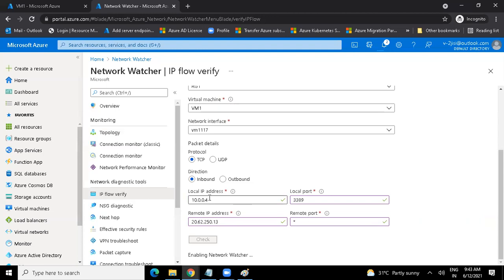Now, instead of taking the RDP of VM number 1, if I'm trying to access VM number 1 as a web server, I will say I'm trying to hit local port 80, or local port 443. If it's a SQL server, a database server, maybe I can say I'm trying to access a database server on port 1433. That's how we would be able to do it. So it's already checking whether the port is open or not. Absolutely. It is checking whether IP would be able to flow till the VM number 1 private IP or not.